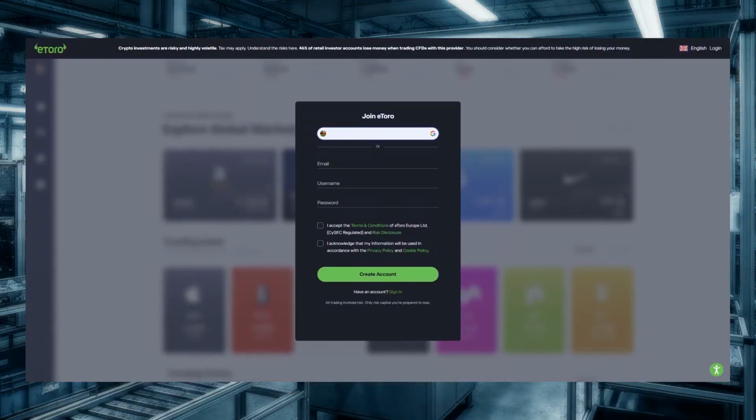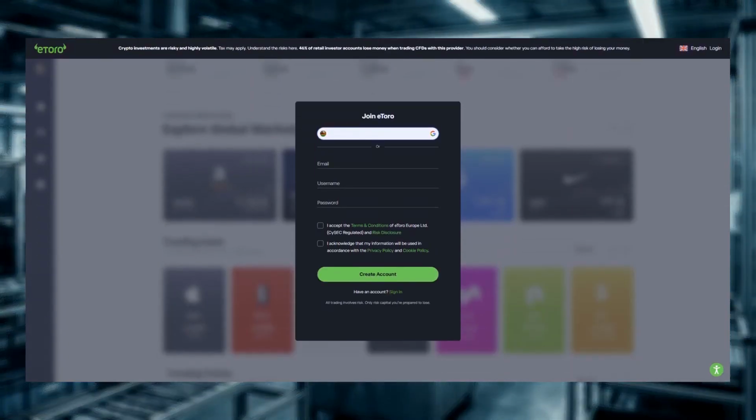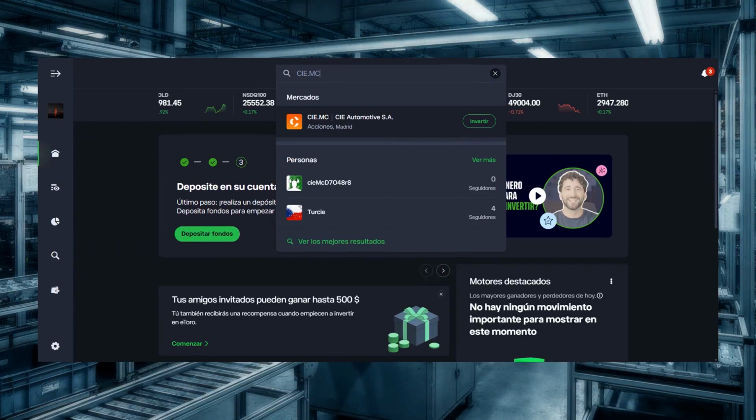To buy shares, you need a broker, and we will use eToro as an example to show the process. After signing up, you must verify your account, typically with an ID, and add funds before you can place a trade. Use the platform search box and type the ticker